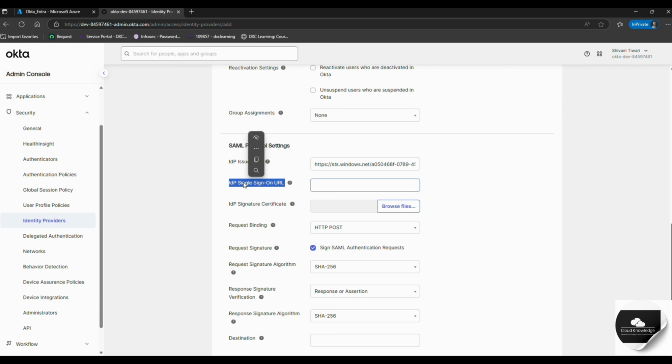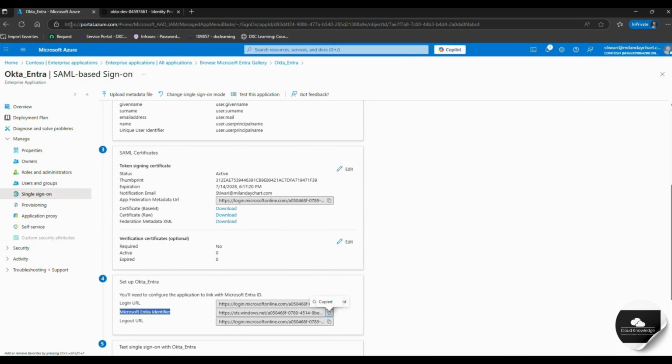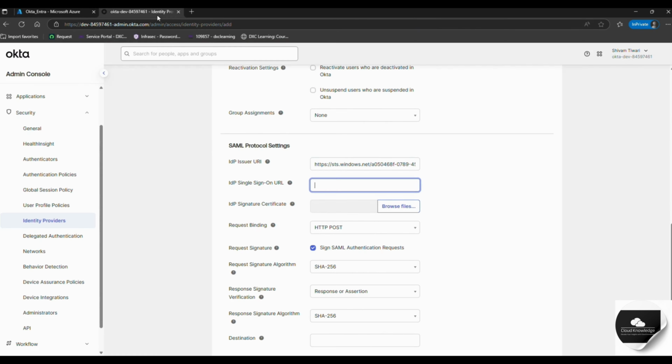Okay. After that, we have the single sign-on URL. That is the single sign-on or logout URL that we have discussed. Here is the login URL that we have, so you need to go ahead and paste it here as the login URL. Then now we need the certificate that we have downloaded, the IDP signature certificate. If anything is unclear, here is a question mark. You can just click on it and